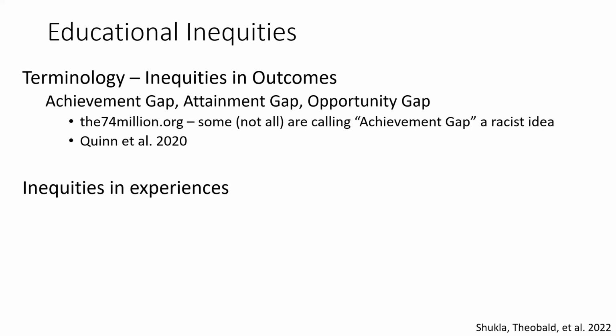What would you recommend we use instead of achievement gap? Yeah, that's a really good question. Right, like what do we do if we're abandoning a term, what should we do instead? I try to be pretty specific about what we're talking about. So for me, I use inequity in course GPA, or inequity in retention or graduation rate, something like that.